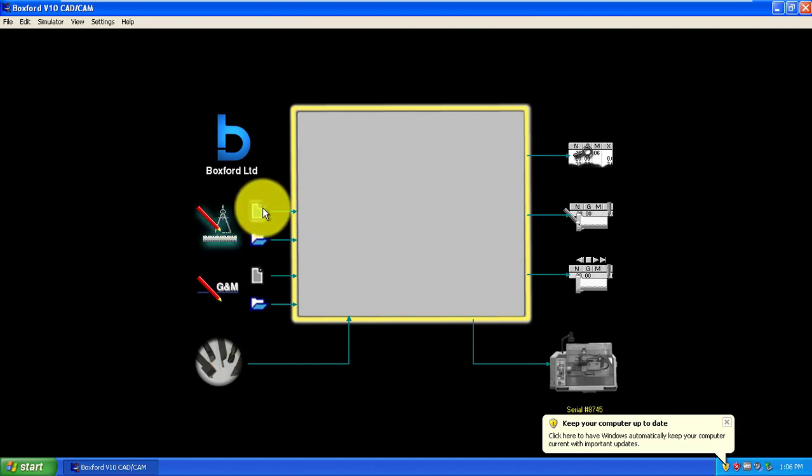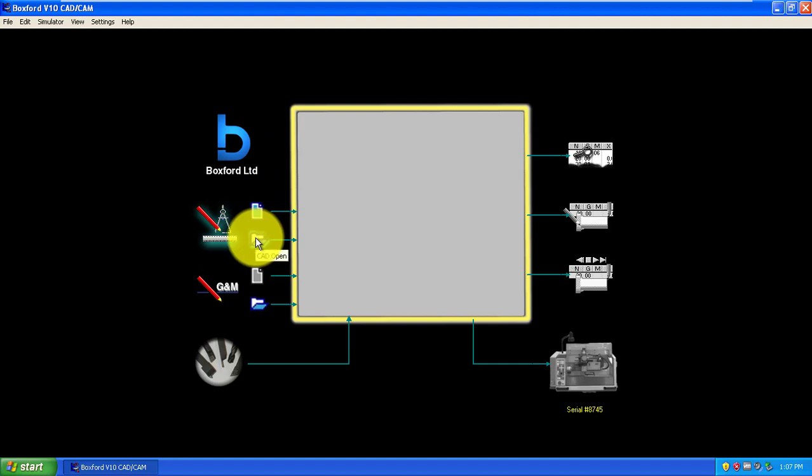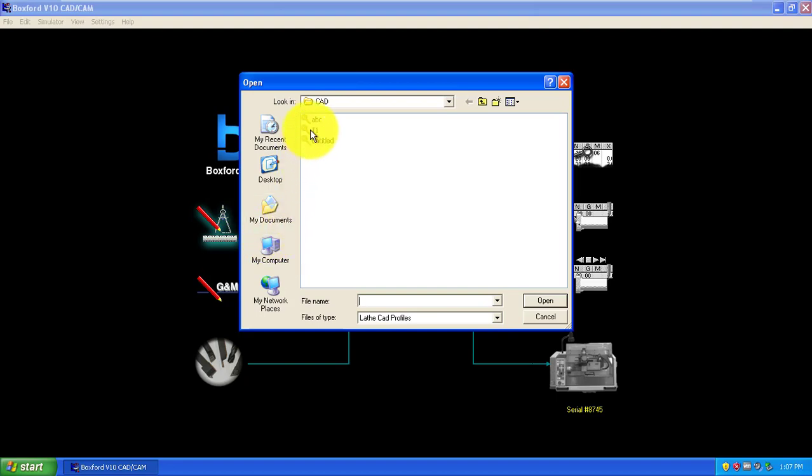Then you have to select CAD new, click this icon. I have already created the project which I am going to cover in this lathe practical. It is time consuming, so I already saved the CAD file which we are going to cover in this particular practical. Open it.